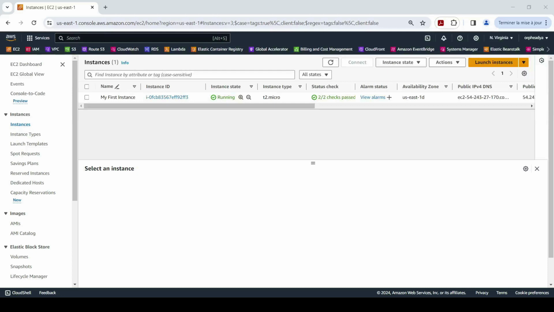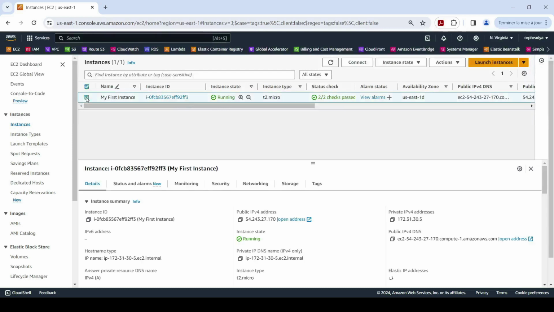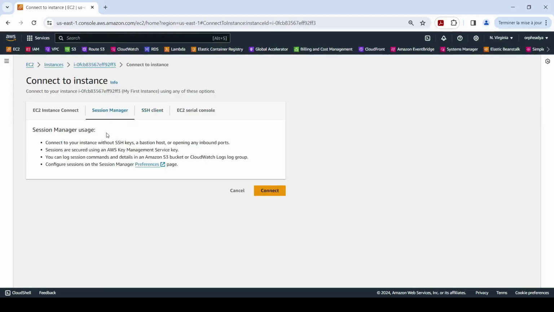Now that I have assigned the SSM role to that instance, I can now connect to that instance without SSH key using the session manager connection. So I click here and I click on connect. And here, as you can see, on session manager, I am able to connect to that instance without the SSH key. I just click on connect,